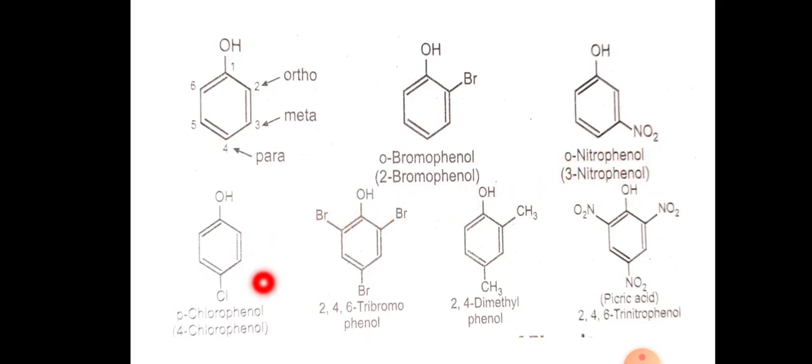Next, here 1, 2, 3, 4, they have a 1,4 relationship, that means para-chlorophenol or 4-chlorophenol. Here numbering starts from this hydroxyl, 1, 2, 3, 4, 5, 6, that means 2, 4, 6 indicates the position of bromine, 3 bromines,